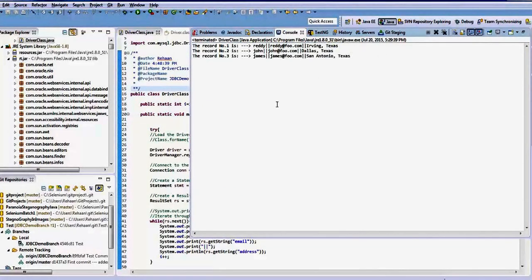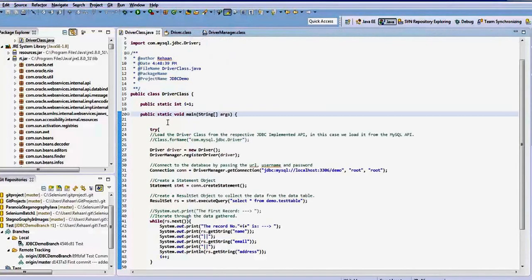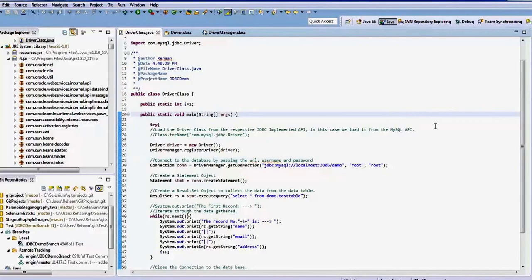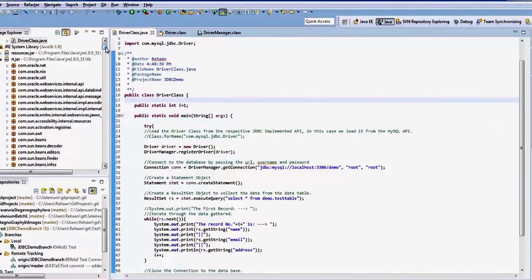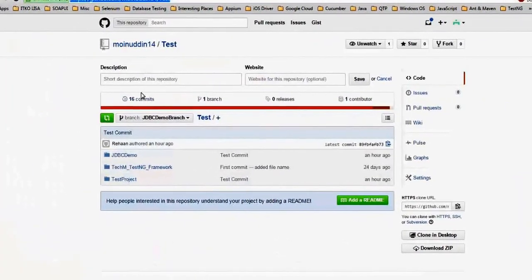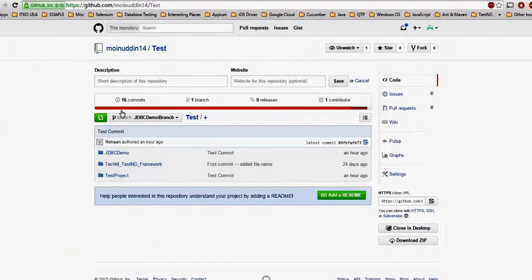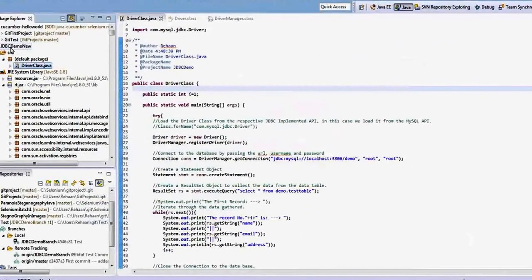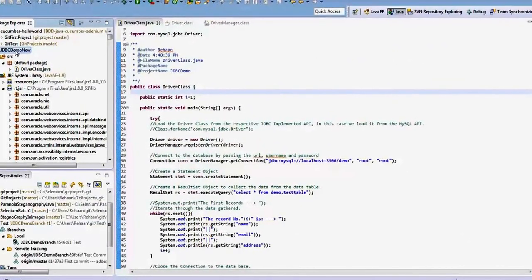Sorry guys, I know I took a little time for all these decorations. So what I'm going to do now is upload this here. Make sure that it's not JDBC demo, the name is JDBC demo new. Let me push this.